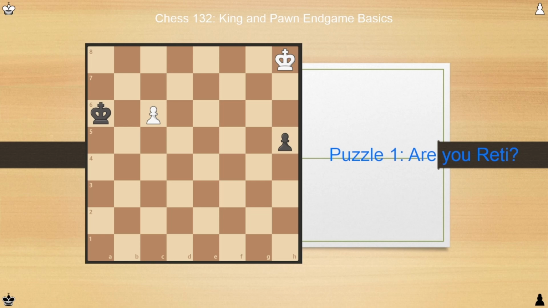Now we'll do our first puzzle, which is a famous study by the historical player Reti. In this position, we're playing as white, and it's our move. Both sides need to race to promote their pawns. However,